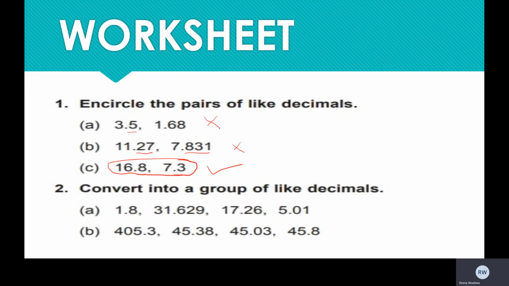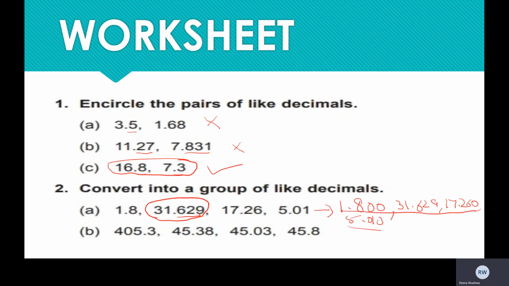Next is convert into a group of like decimals. How can we make it? First, we find the number having the maximum number of digits after the decimal. So it has 3 digits after the decimal. So I have to make all of them 3 digits. First, 1.800. I will add 2 zeros to make it 3. Next will be the same. Next I will add 1 zero at the end. Next again I will add 1 zero at the end. So I have made it